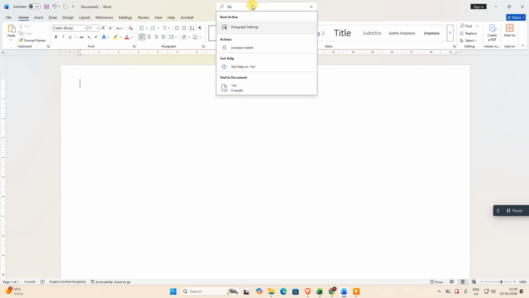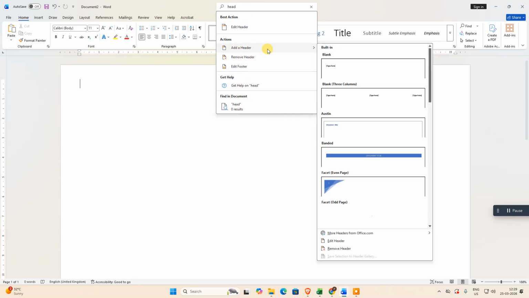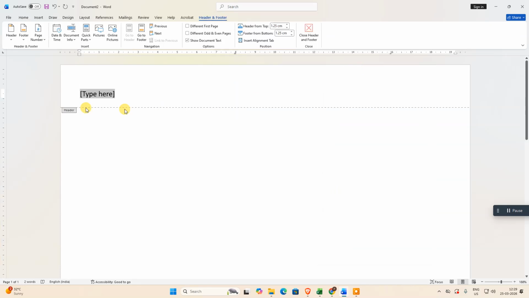So come to the search bar here and search for headings. Okay, so here you can see the option that add headings. So here you can choose the heading, whatever style you can choose from here. Okay, so I choose this normal heading. So now my heading has been enabled. Now I need to type here the headings. Okay, now what we can do, in order to get line under this, so what you need to do, come